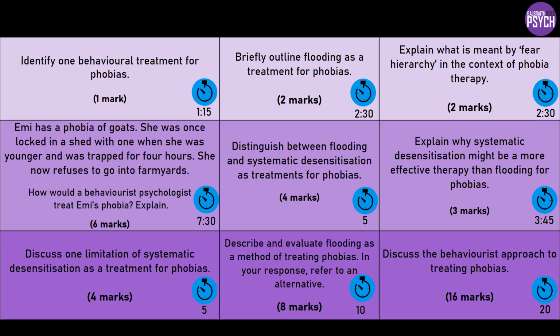Okay, we've got a distinguish question next. So the key difference is immediate, or intense, versus gradual. So flooding involves intense exposure to the phobic stimulus at its worst while trying to relax for a long period of time until that fear has passed. Whereas systematic desensitisation involves gradual exposure to the phobic stimulus. It would be much more client-led and therefore more ethical, and it would take more time,